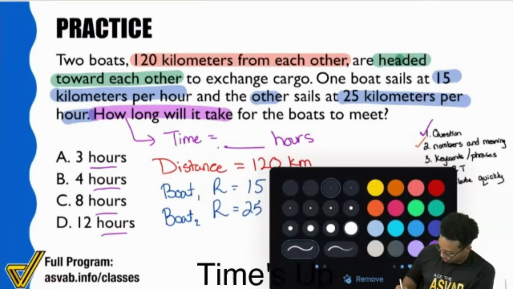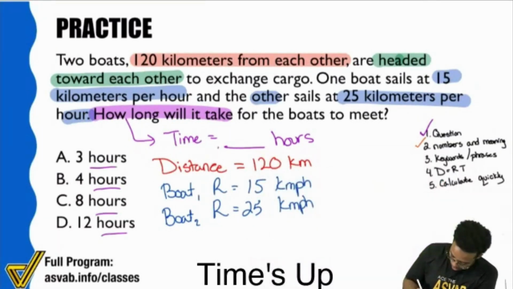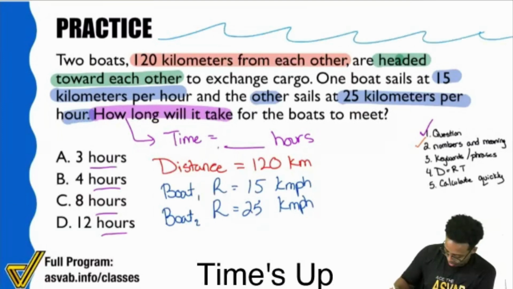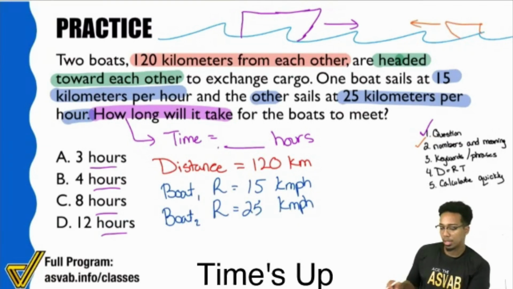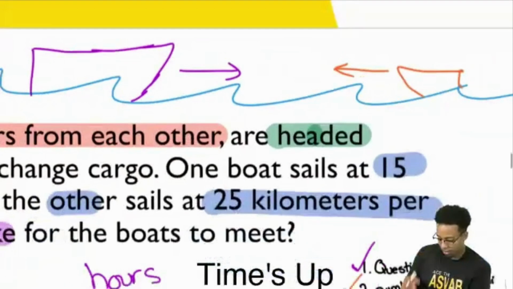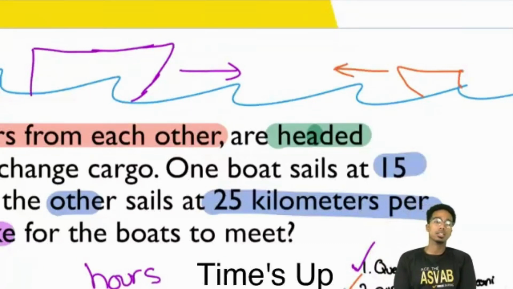Let me get a nice blue. That was obviously horrible. We'll just do something like that. Something softer there. And so then we have this boat over here saying, hey, I'm going to head towards you. And then we have this boat over here saying, hey, I'm going to head toward you, even though I'm smaller. So everybody, what should we do with these rates? If these boats are headed toward each other, what is that considered? Is that opposite direction or same direction? If they're heading toward each other, is that same direction?